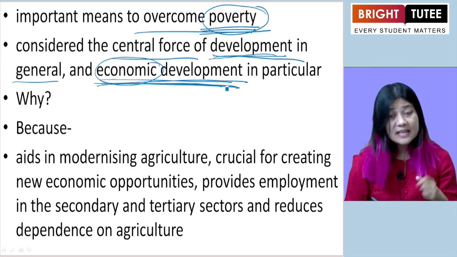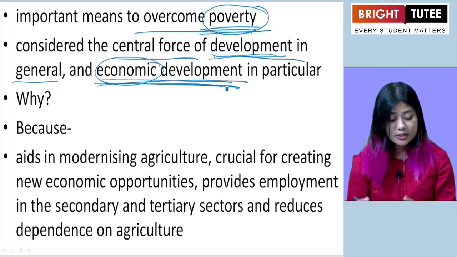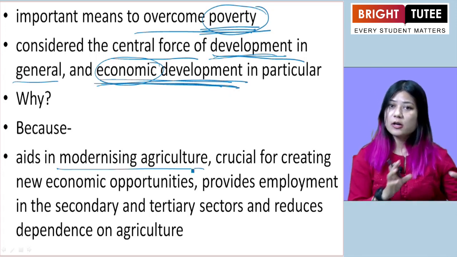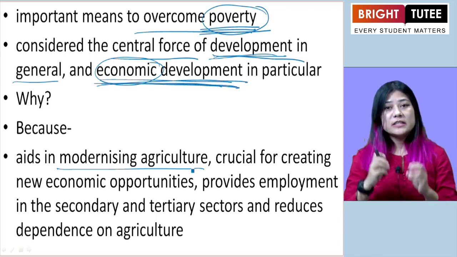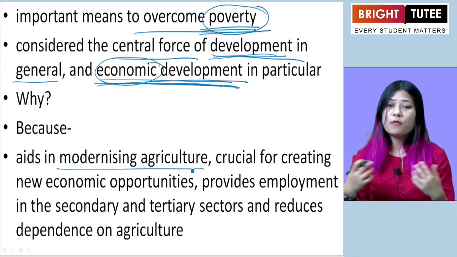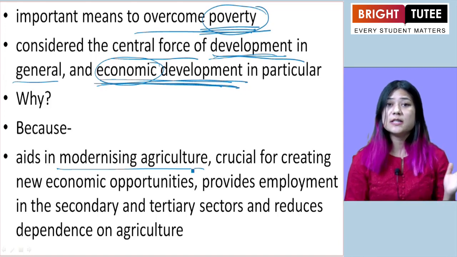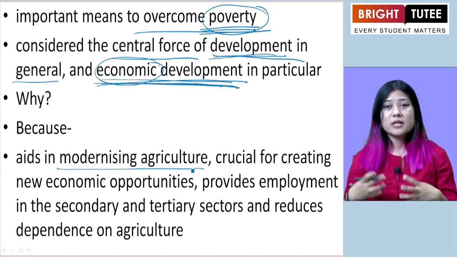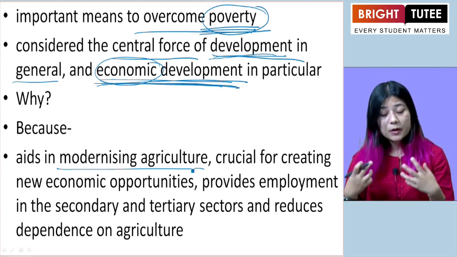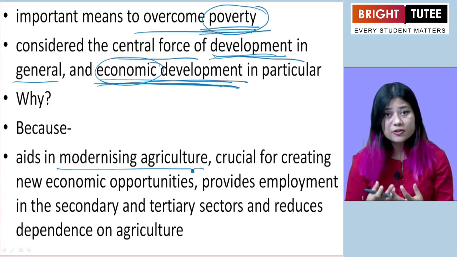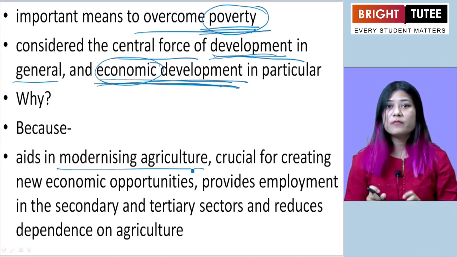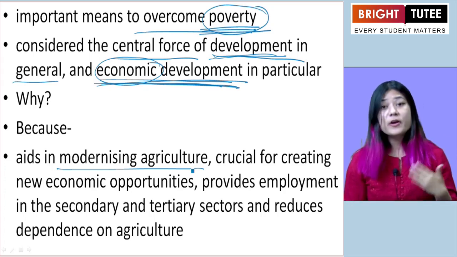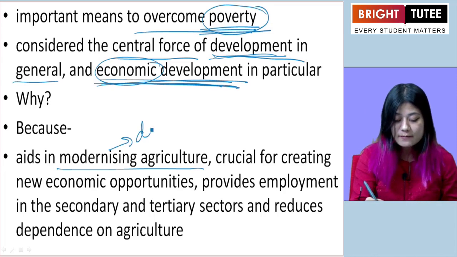Because industries, and manufacturing industries, help in modernizing agriculture. So we have the agricultural sector, which is also one of the key important elements of our economic system, which we learned in the earlier chapter. Now, in this chapter, as we are learning about industries and manufacturing sectors, we must understand that the industries aid, provide help, encouragement and support to the agricultural sector for its modernization and development.